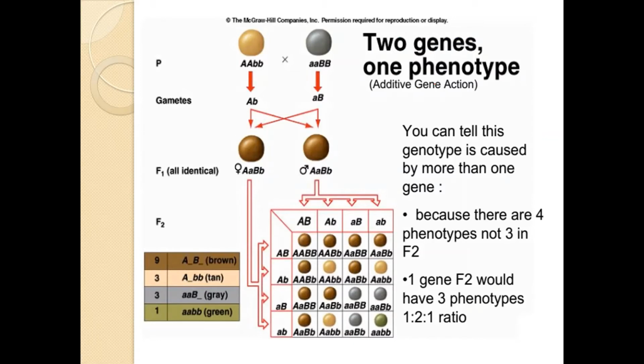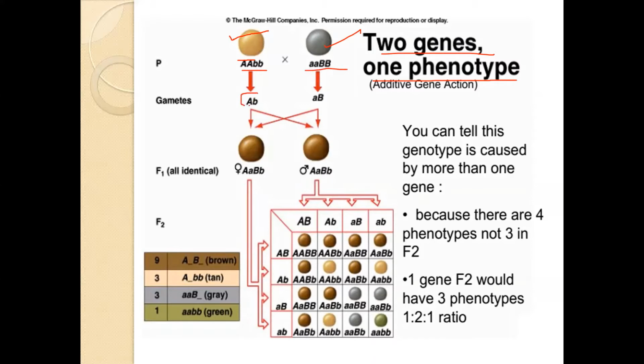experimental checker box part. Here, two genes, A and B, represent one phenotype. Both genes control the seed coat color of lentil. A tan seed coat is crossed with a gray one. Tan means capital A, small b, capital A, small b, and gray is small a, capital B, small a, capital B.